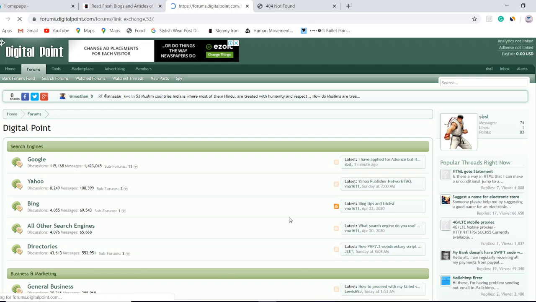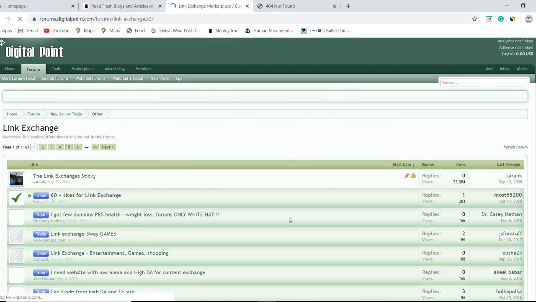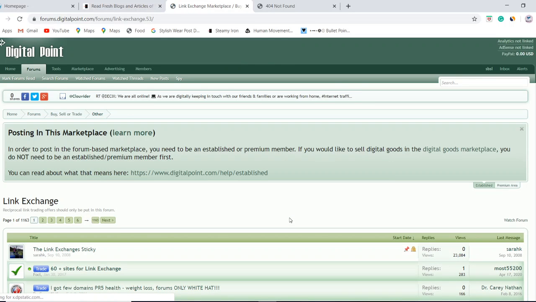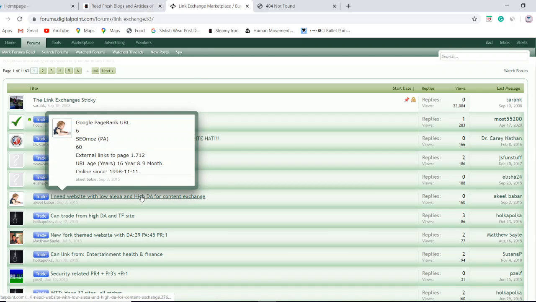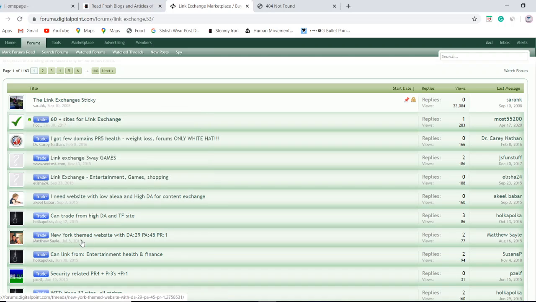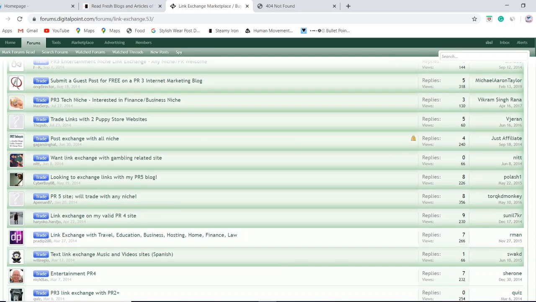Now I will see some other post where I can post content. Okay, here I can find the partners for link exchange.